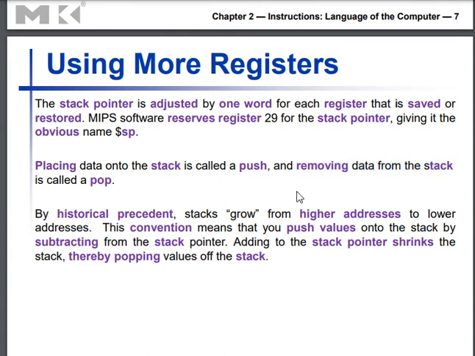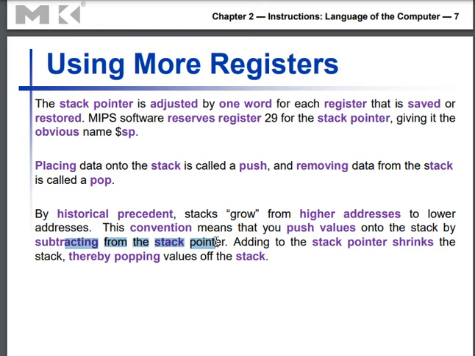Normally when you look into pushing and popping, push means you put a value, so the stack is supposed to grow. But here in MIPS it works a different way. If you are going to push a value onto the stack, you are going to subtract from the stack pointer. Okay, just keep it in mind. You don't think that pushing means the stack pointer will grow.